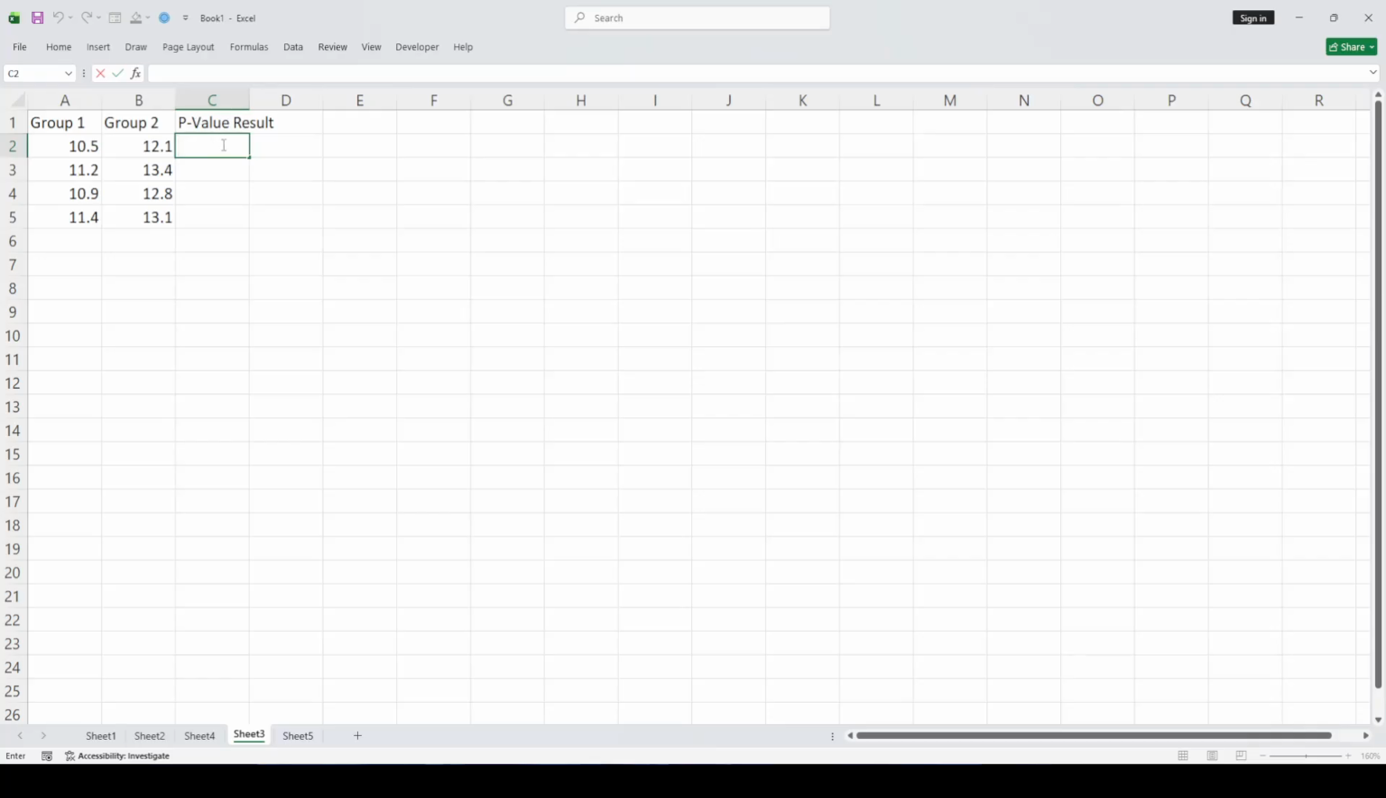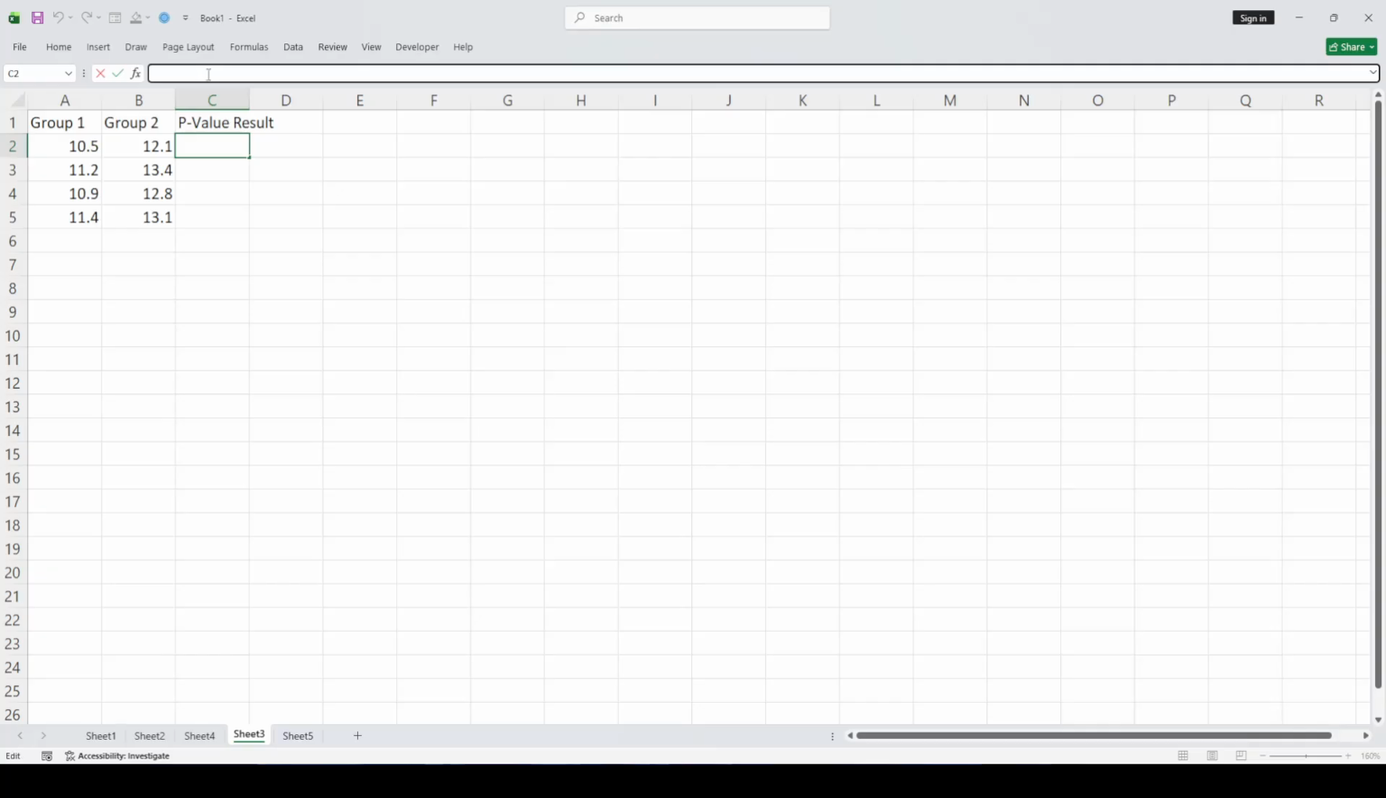Once you have cell C2 selected, pay attention to the formula box at the top of Excel. You are about to enter a function that tells Excel to perform the t-test. Type the following exactly as it appears: T.TEST(A2:A5, B2:B5, 2, 2). As you type, notice that the function name starts with T.TEST, with the dot included, and then it opens a set of parentheses. Everything inside those parentheses is important because it specifies which data to compare and how to